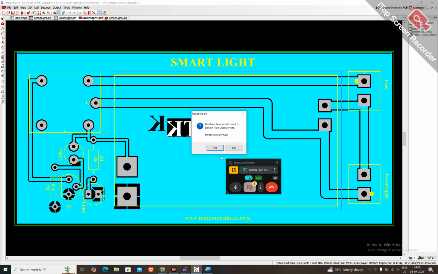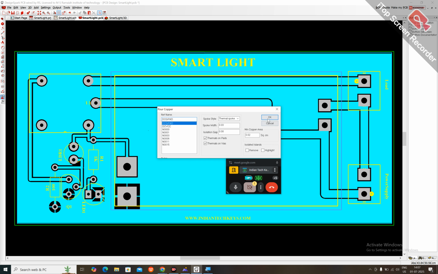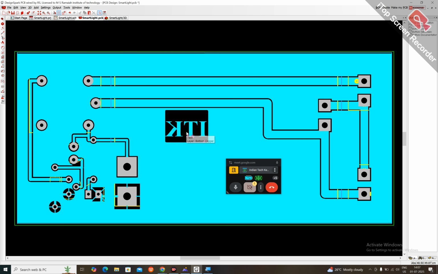If I want to continue further, it is showing the error because copper core has to be updated. Again, click on copper core, update. See now, you should not move even 1 mm once the copper core is updated. So after this,